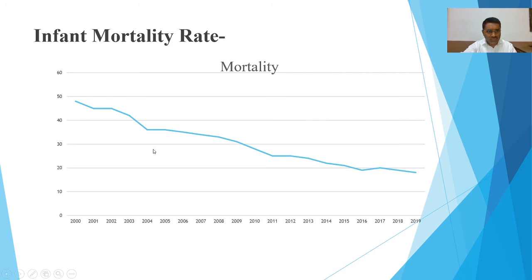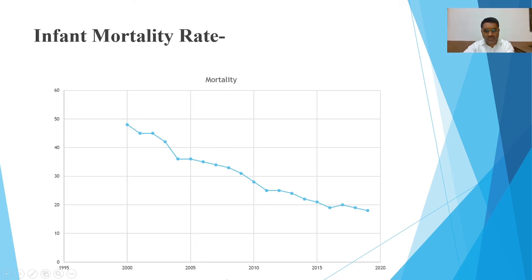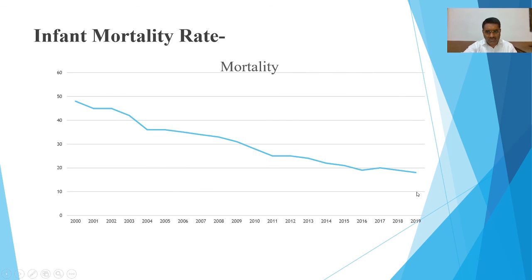If we want to show the mortality year wise, we can simply put the data into Excel and draw the graph. From 2000 to 2019, here is a simple graph of mortality. The rate ranges from 0 to 60, and it starts from 46, and the last value is 18 only, in 2019.